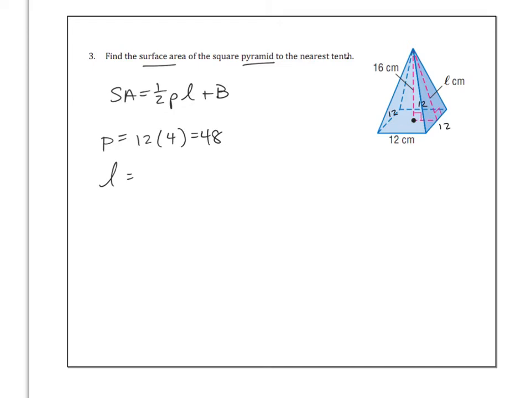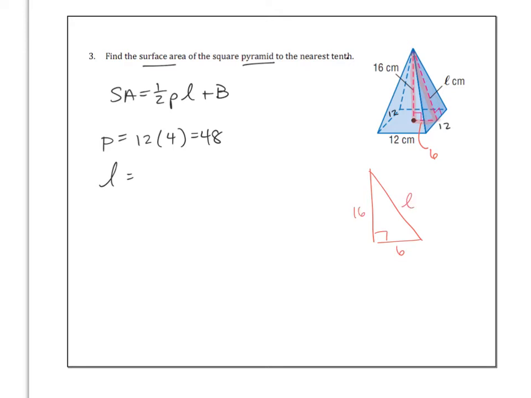L, slant height. Uh-oh, you can see they did not give us the slant height this time. And so do you see that red dotted triangle in there? What we're going to do is we're going to use that triangle and we're going to do Pythagorean theorem. Now the bottom of that triangle is only halfway across the 12, or it's half of the base edge. So this distance right here will be 6 centimeters. So our triangle, if I just redrew that red triangle, this is 6, this is 16, and this is the